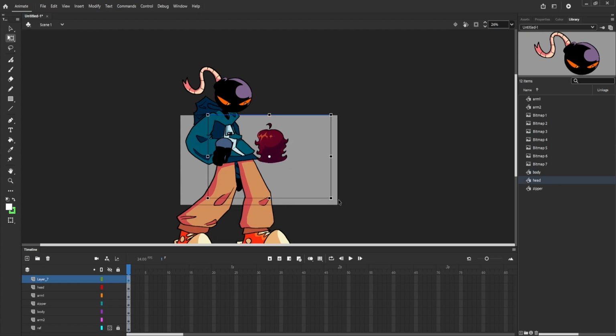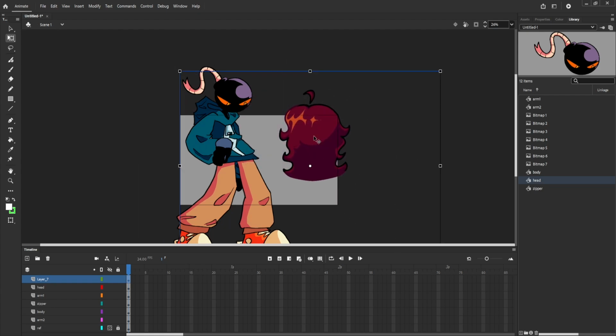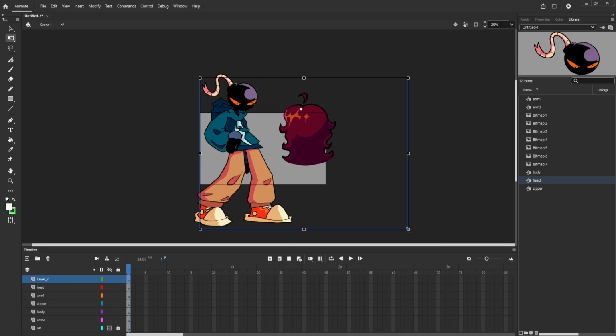Make a separate layer for this just to show it off. I'm going to size this up a little bit. I'm not going to convert this into a symbol and all that jazz, because this is just showing. So I'm going to take the pivot point, and I'm going to put it right here. So that way, if you're ever swaying the hair, it follows that